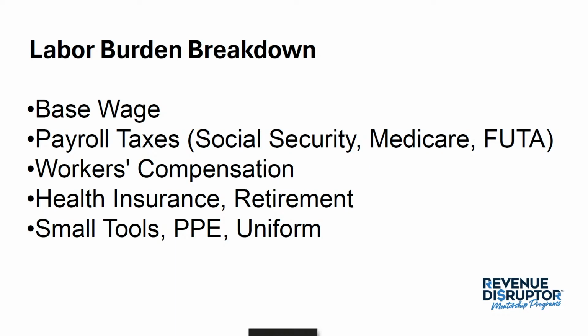If you're paying any portion of their medical, let's say you only pay 50% of their medical insurance, or maybe you pay 100%, whatever that is, you have costs associated with that rate. If you match and do an IRA or 403B, some kind of retirement, and you start doing these matching plans, now you also have additional